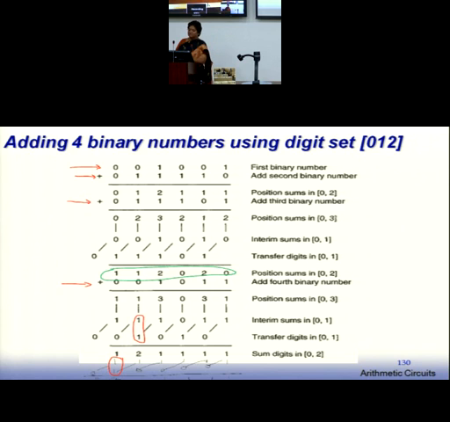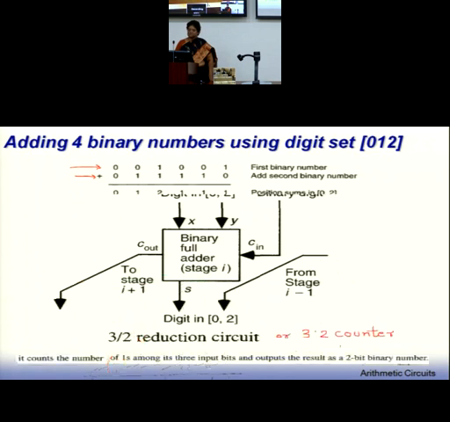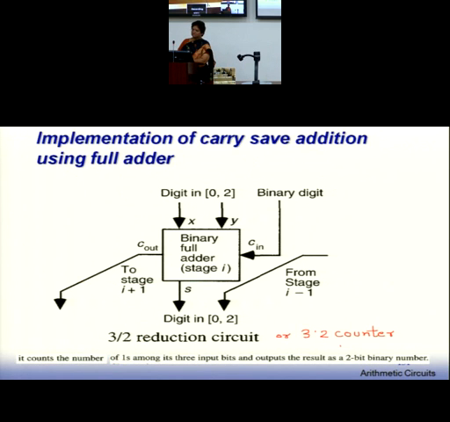Normal, redundant RB digit set 0, 1, 2. This is shown for a 0, 1, 2 digit set. You can convert it to -1, 0 and 1 digit set. It can be converted. And then you can compute how many addition steps are required to get the final answer. The fewer the addition steps, the faster your addition process is going to be. Remember that. Now let us see how to implement.